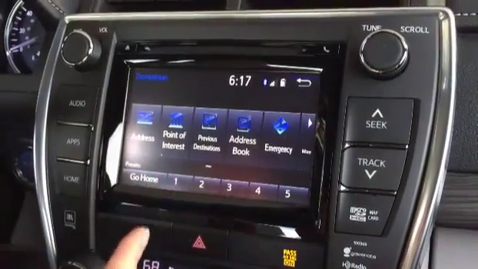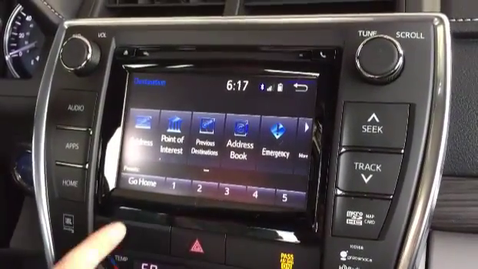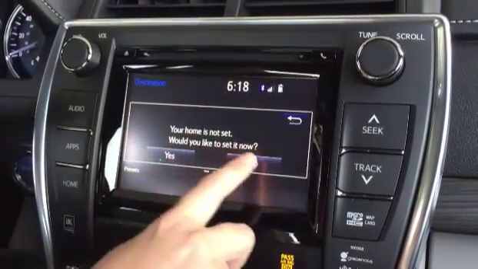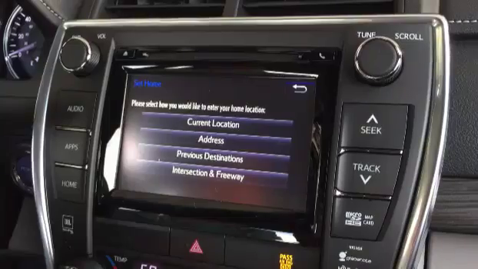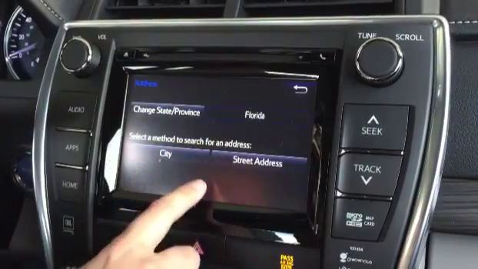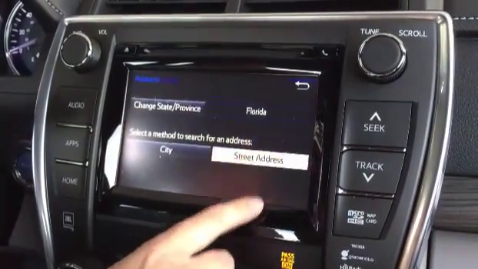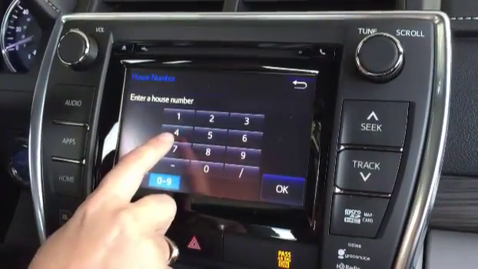I highly recommend that everyone set their home. It's very easy to do. You push Go Home. Your home is not set. Would you like to set it now? Yes. You'll type in your address. Make sure you're in the correct state. Then press street address. We're going to enter the location of our dealership,